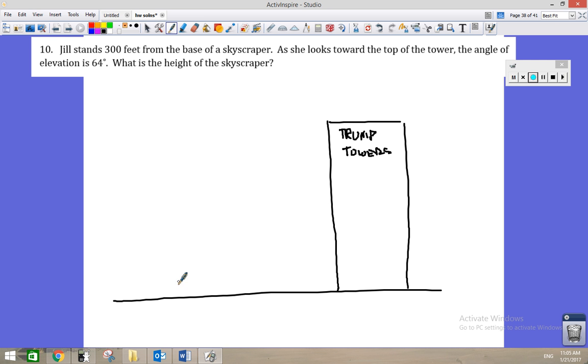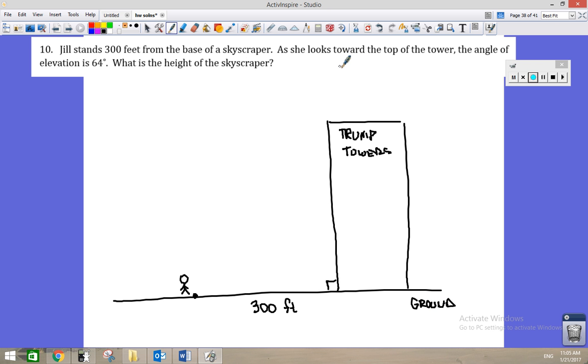We're ignoring Jill's height, so I'm just going to draw it from the ground, from where Jill is standing. She's standing 300 feet from the base, and we're assuming that it's not the Leaning Tower of Pisa, that it's square with the ground. If this is our ground,